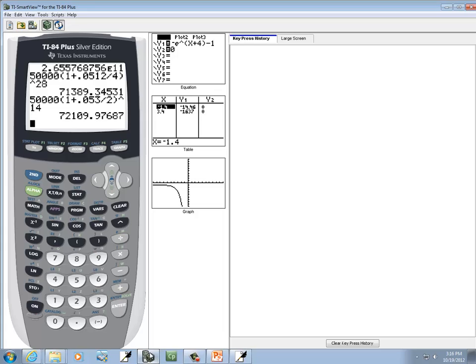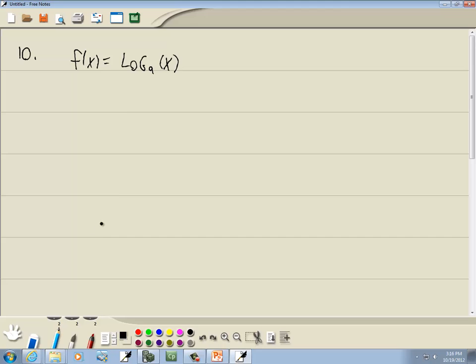We got two buttons. We got a log button here, and we got an ln button. Now this log button you see here is base 10, and this ln is base e. We're going to talk more about that later. You don't need to worry about that for now. We don't have a base 9 button. So what we have to do